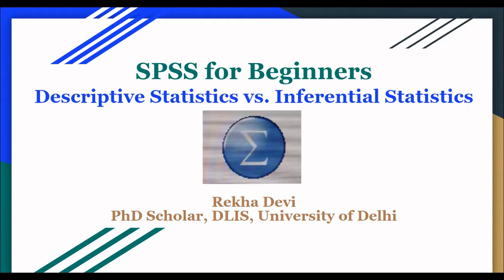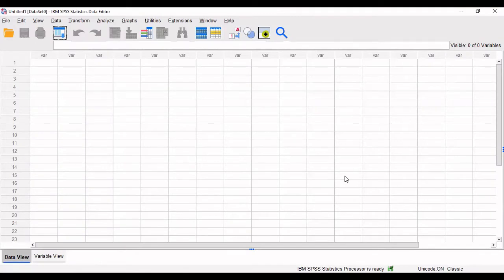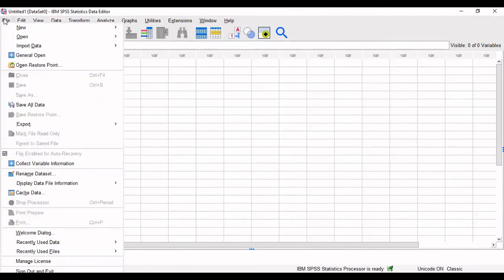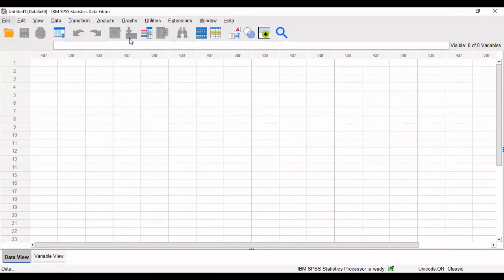So let me show you descriptive statistics in SPSS. So this is the interface of SPSS. If you go on file, you can open any data if you have saved in your system. So I have saved yesterday one data, dummy data. So I will perform the descriptive statistics on that. So we'll go on open and data.